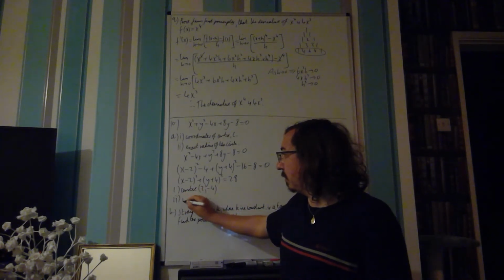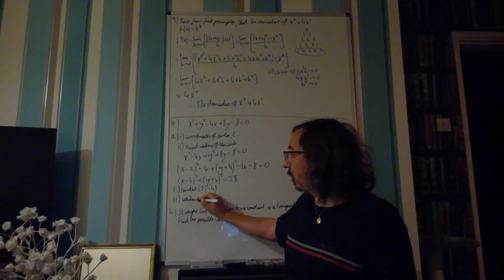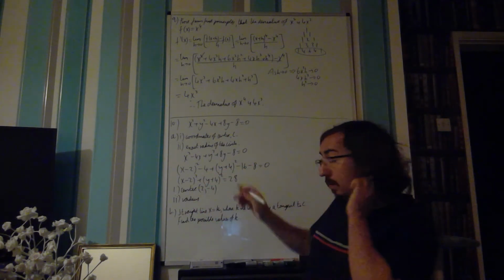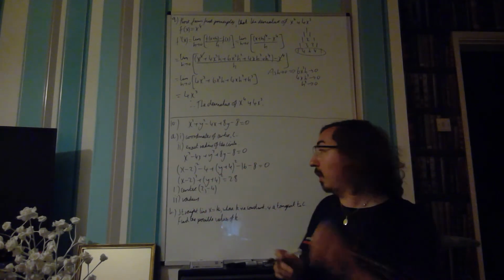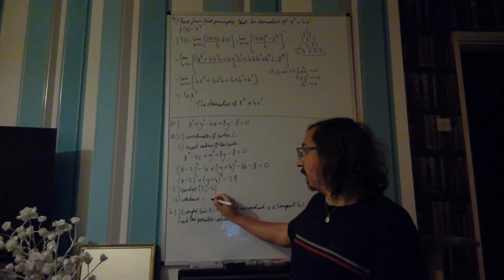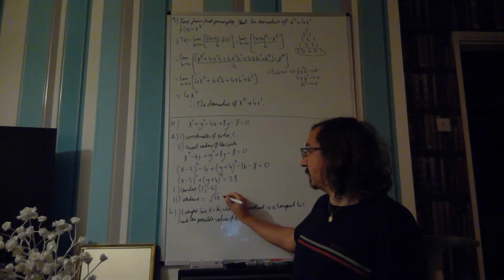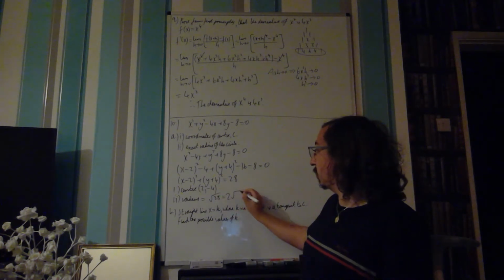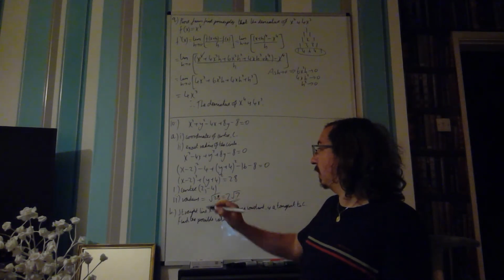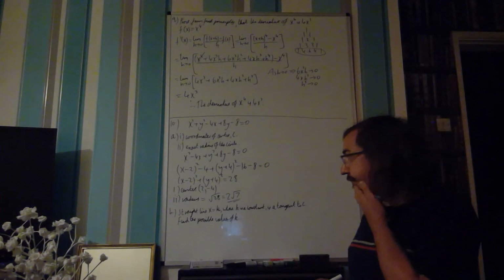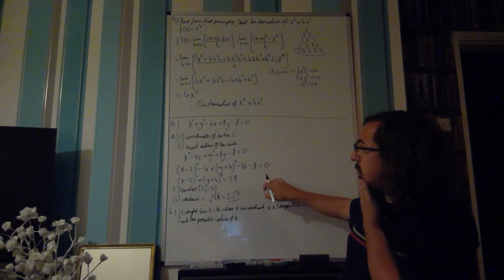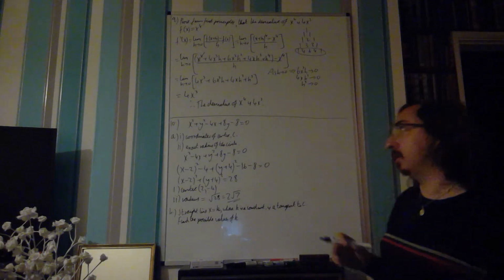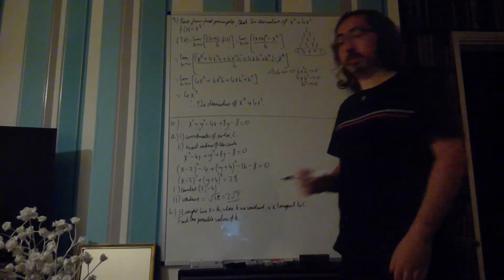For the radius then, in this format, that 28 is equal to r squared, so the radius is equal to root 28, or in other words 2 root 7 in its simplified form. So those are our centre and radius values, and remember it says exact radius, so you do need to get